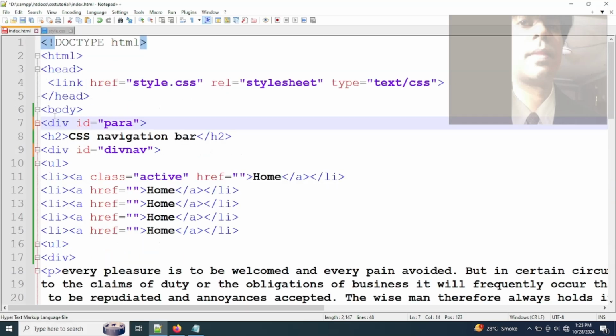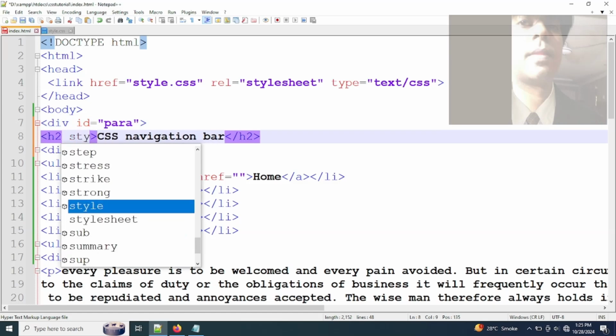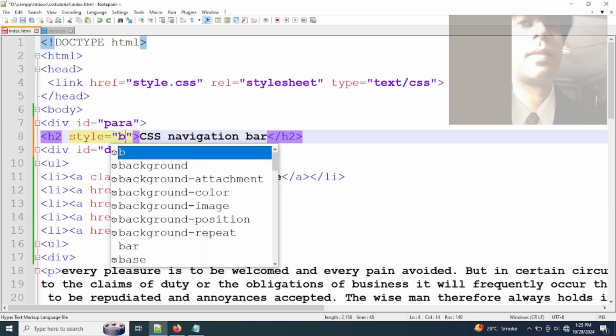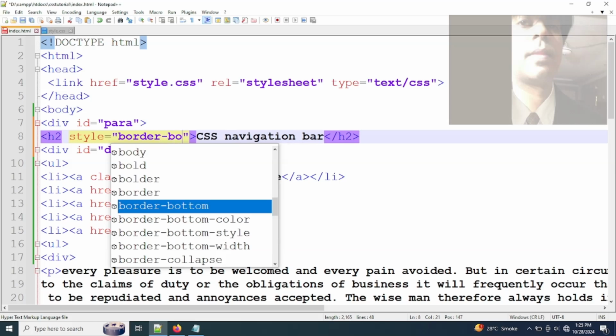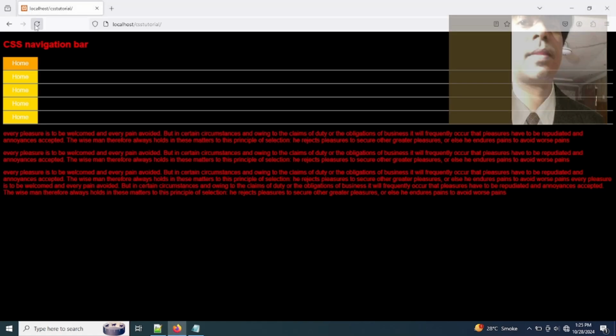In index.html we will use in heading 2 inline CSS, use the style attribute, equal double quotes. In between double quotes we will use border-bottom colon 5px solid red. Press the blue button to save the file. Go back to the browser and reload the page, and check